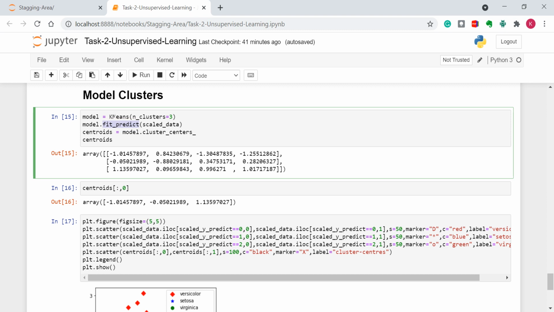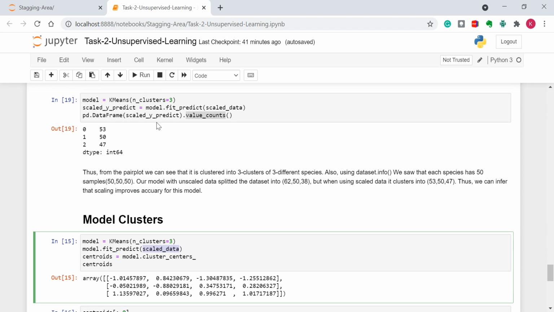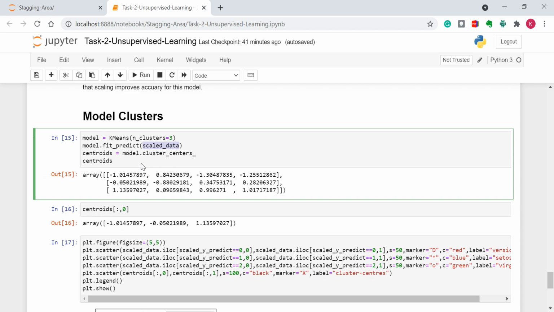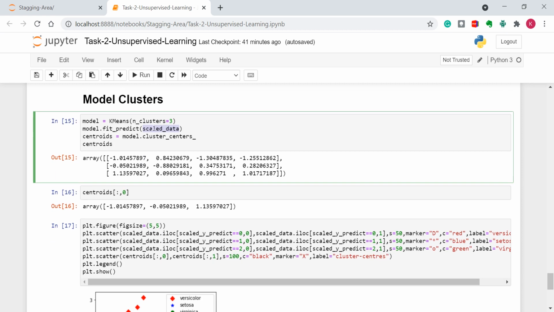I'm predicting the values, but now I'm using the scaled data. As we saw that scaling improves accuracy, I am passing the scaled data to our model, and cluster_centers_ returns the centroid values of each cluster. And here I am printing the centroid values.